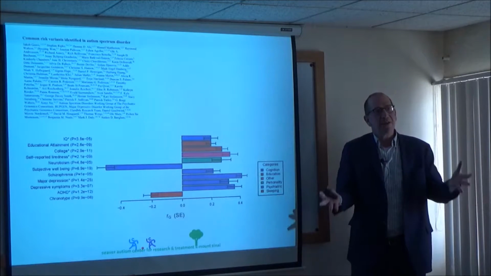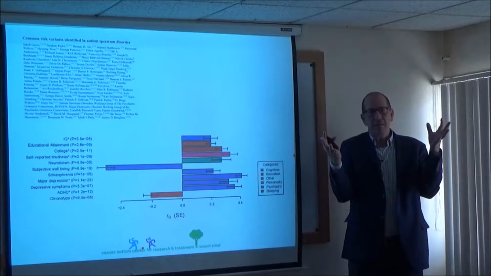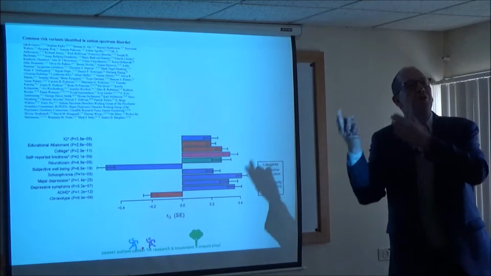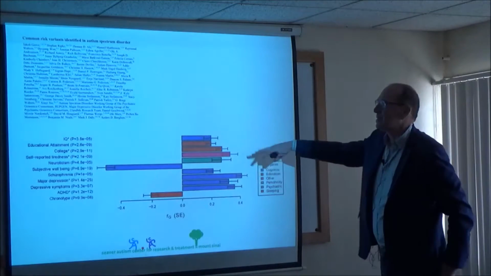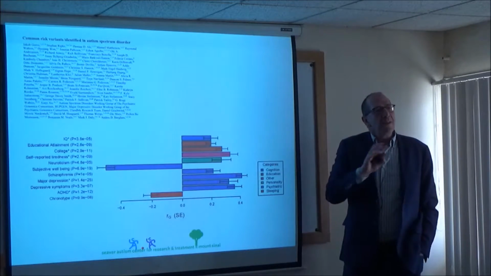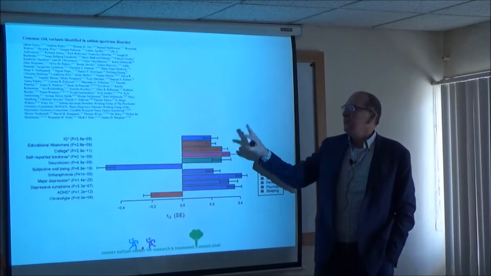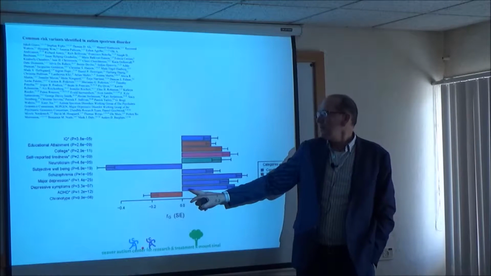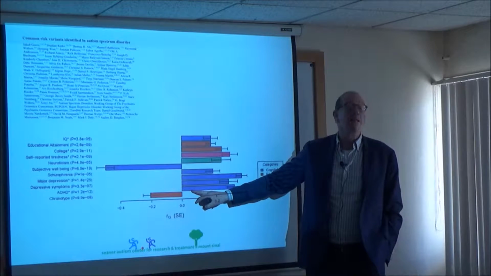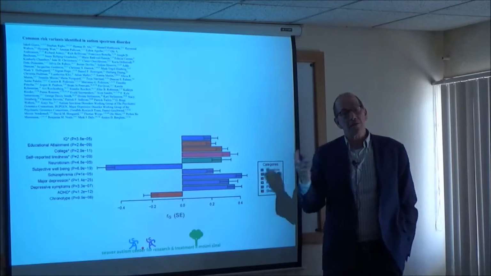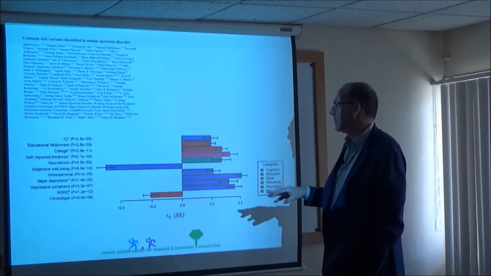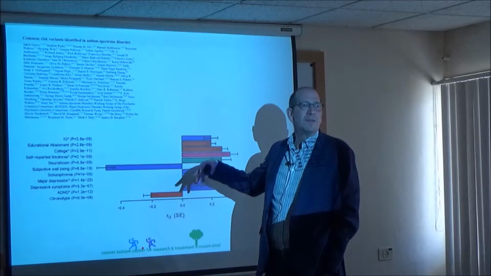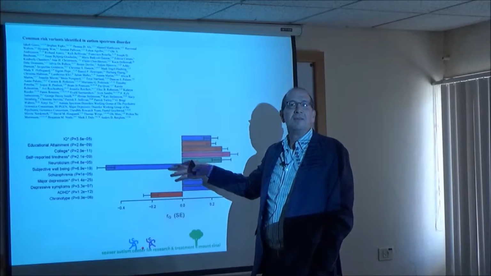There is probably a general positive selection for this large number of SNPs that have to do with brain development, but you can kind of overshoot your mark, right? So this was an interesting finding. It's been replicated now by other groups. So we can begin to talk about the relationship between a specific polygenic risk score and a specific trait or another disorder. ADHD and autism, polygenic risk is highly correlated. So risk for one is risk for the other to some degree. Chronotype, how you sleep, no. Subjective well-being, negative. So the more you have this kind of polygenic risk for autism, maybe the less good you feel.